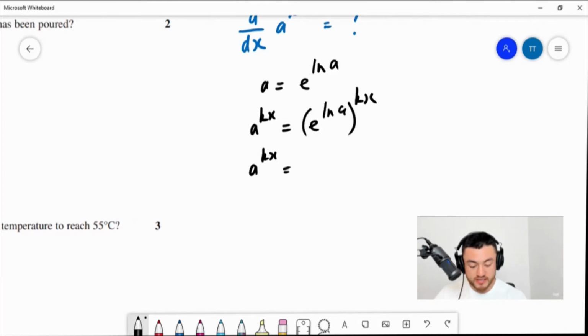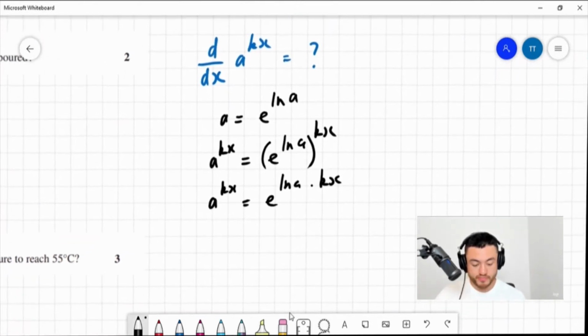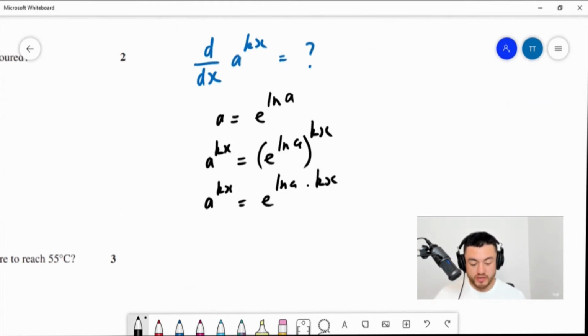So a to the kx is equal to e to the ln a times kx. So now, in my original question in blue, what is the derivative of a to the kx? I can replace this with the derivative d dx of what I have down here. So we're trying to find the derivative of e to the ln a